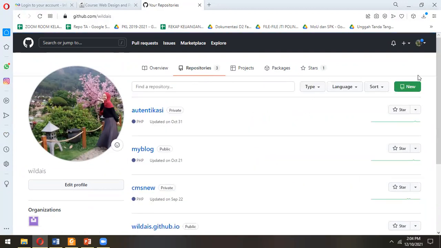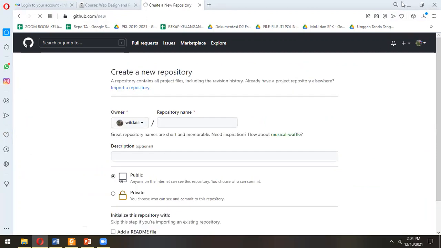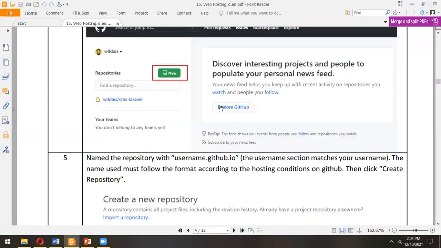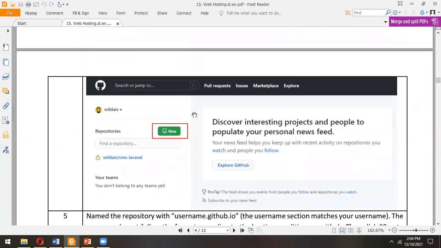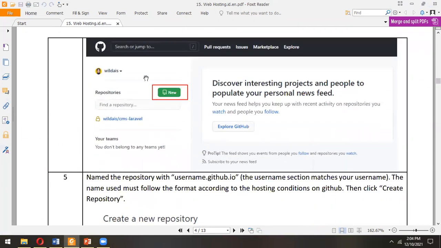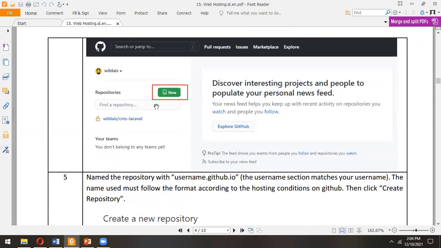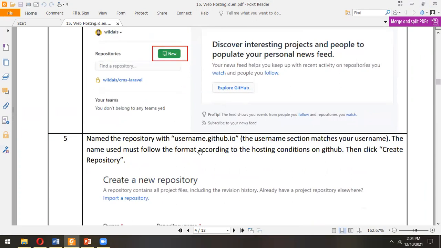You can make a new repository here for today's meeting, because we want to make a static web page for our GitHub. So you must make the name of the project the same as your username. So like this,